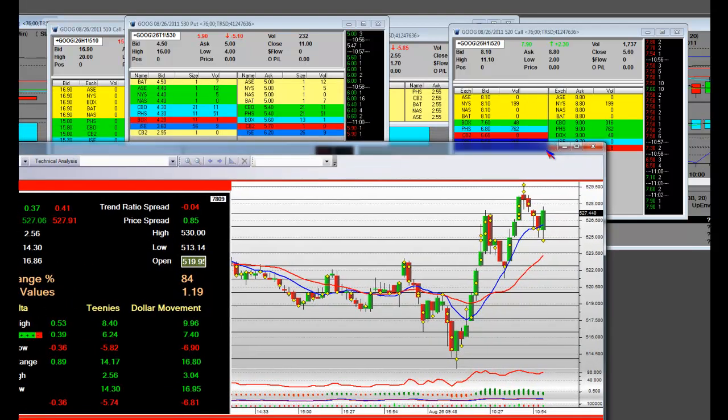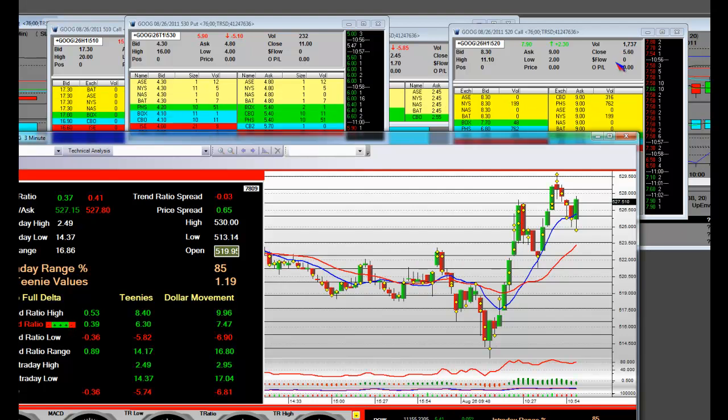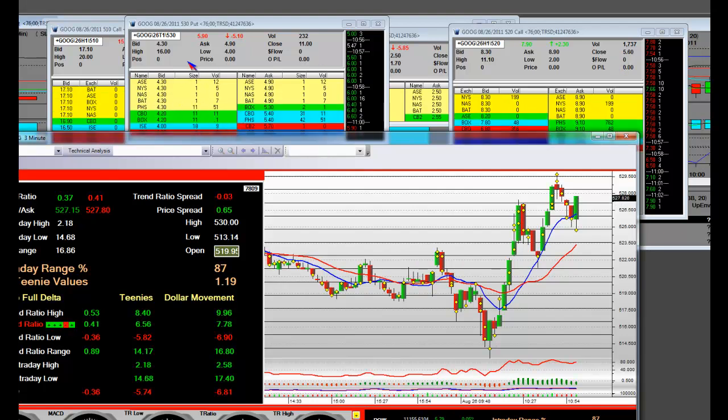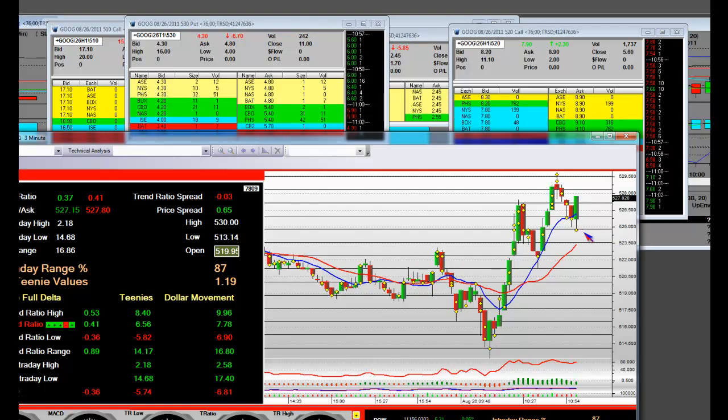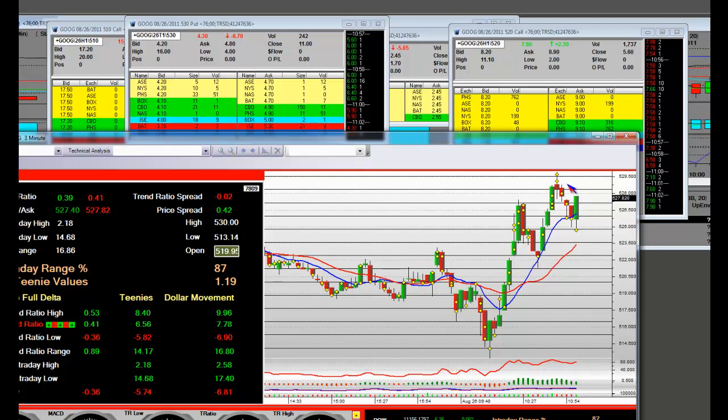Okay, so when you broke out 1 teeny, 2 teenies higher, this side of the market went higher in value, and look at what happened to this side of the market, the 530 put. It lost all its value when you broke 1 teeny up, 2 teenies at $1.19 per line, market maker SMF market maker line,